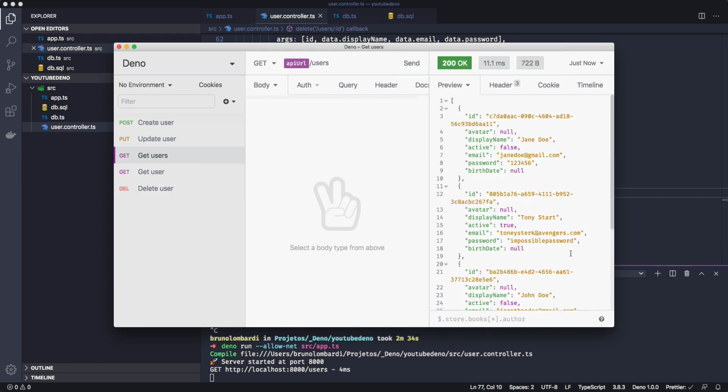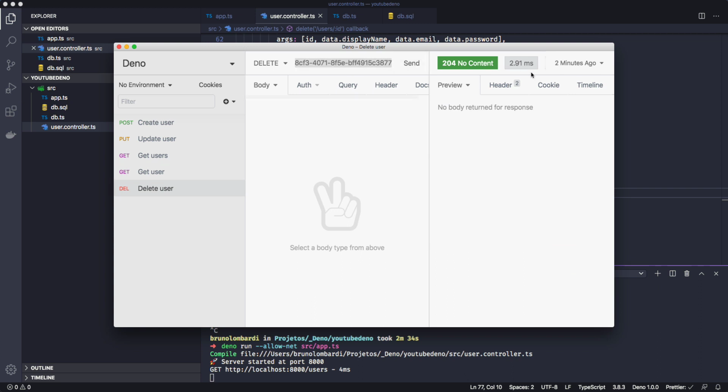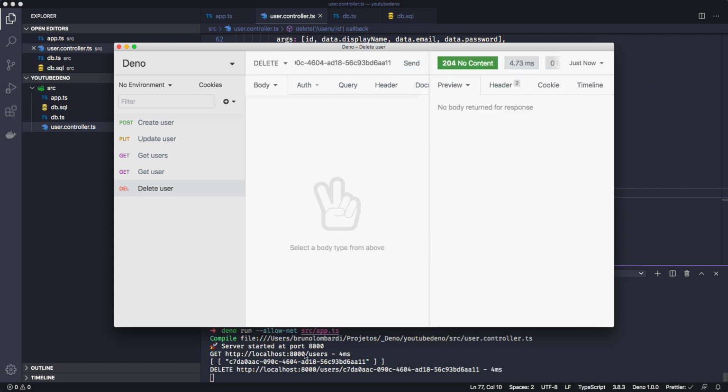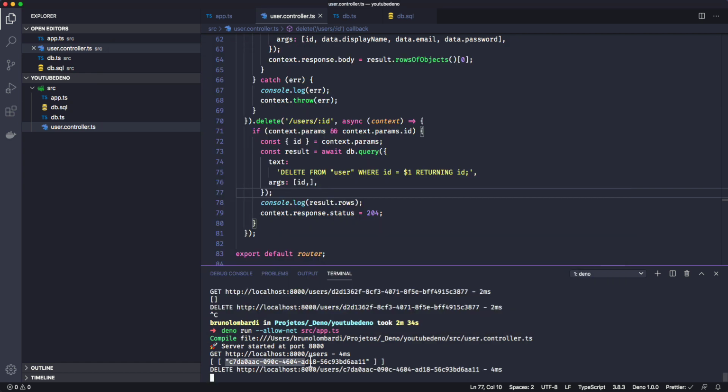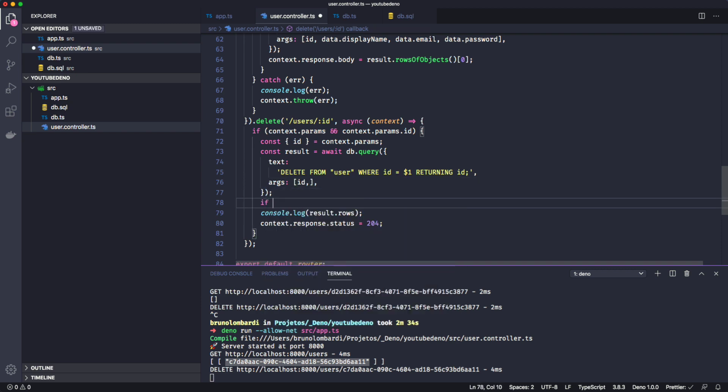Man, Postgres is really awesome, that's why. So get users. Okay, we are going to delete Jane Doe. Jane Doe does not deserve to be in our table too, so send, and haha, there we go, returning works. Postgres is amazing. I already told you that. So we are going to check: if result.rows